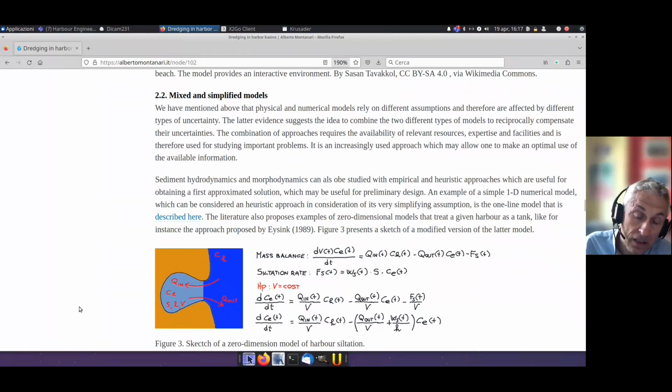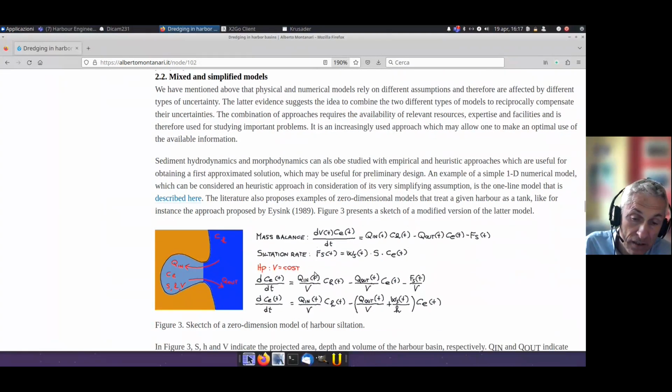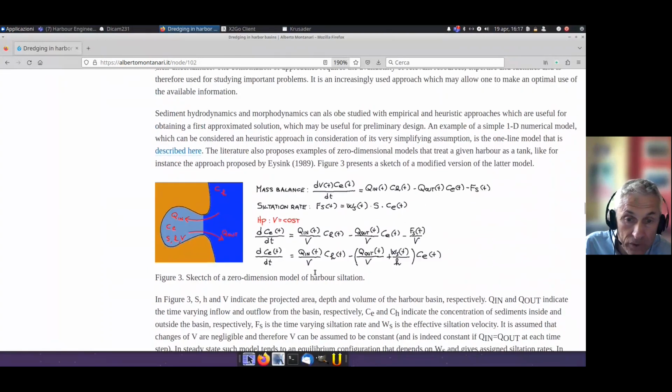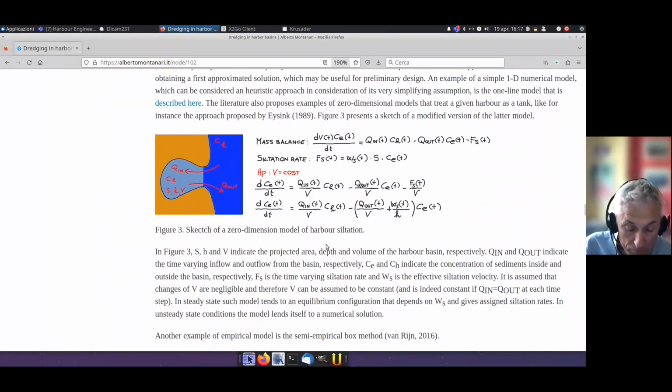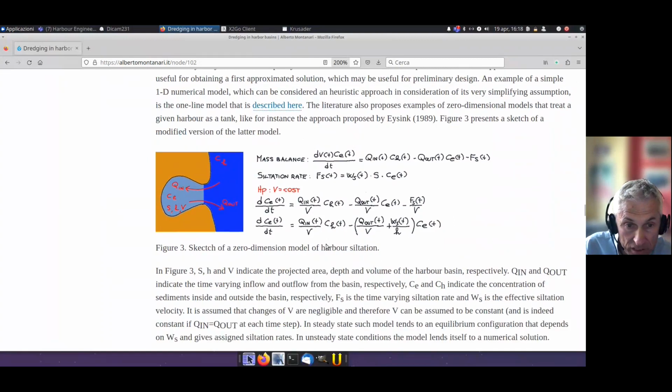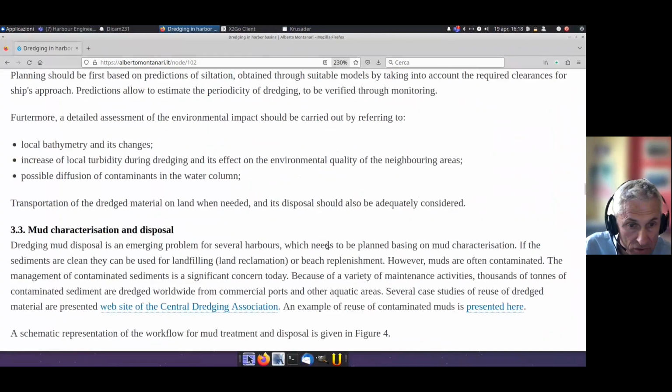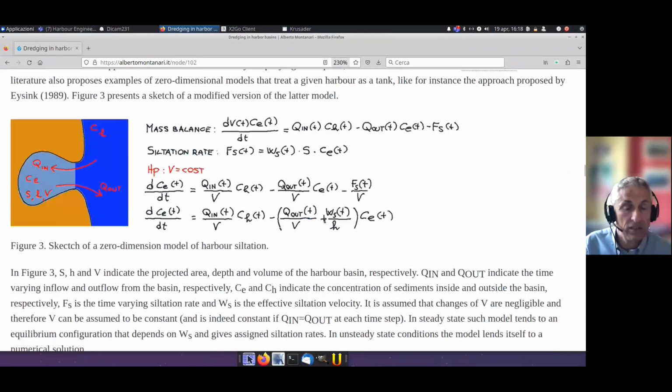And here I am presenting a modified version of this model. And basically, you see here that the harbour basin is treated like a tank, which is characterized by